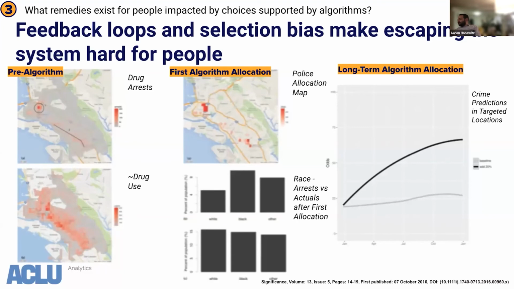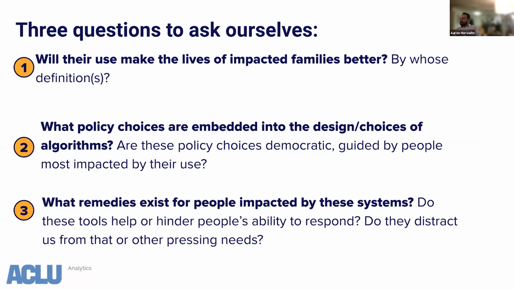In 30 seconds or less, these are the questions I think we should be asking on top of the many other questions. Does this make people's lives better? Is it actually doing anything to change the system? I'm not sure. I don't think so far. What policy choices are embedded into the design choices of these algorithms? A lot. And right now, impacted communities are brought in after these things are built, not before. And what remedies exist for people impacted by these systems? Not a lot. Once you're in, these tools by definition are likely to increase their perception of your risk and therefore increase the odds that your family is